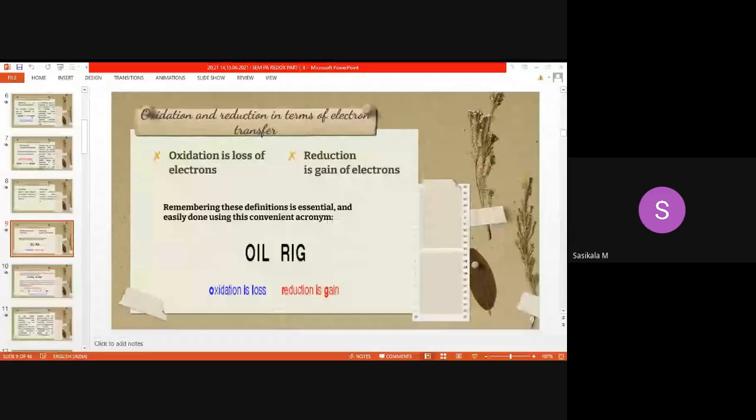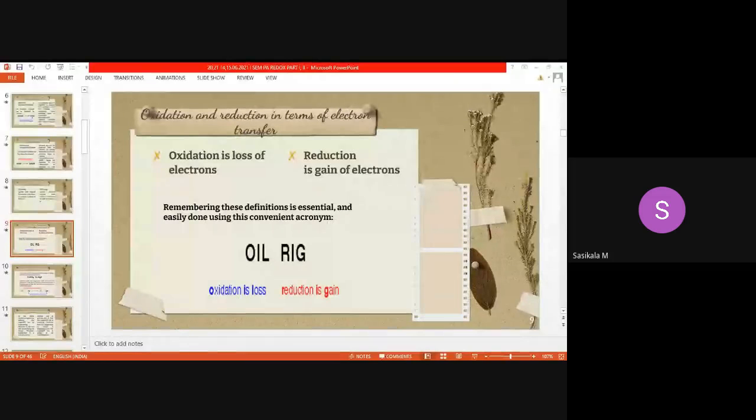In the next class, let's discuss titrations with different titrants and different types of redox titration methods. The principle and applications will be discussed in the forthcoming classes. Thank you. Is there any doubt in the concepts?